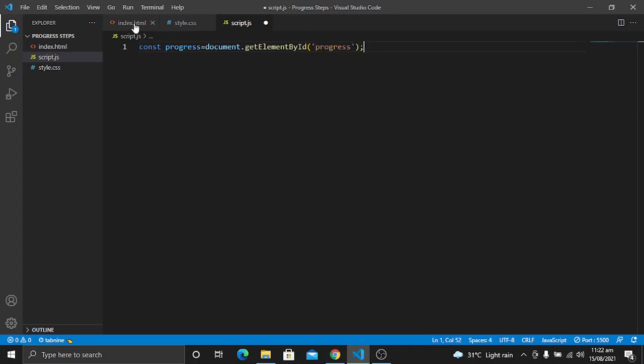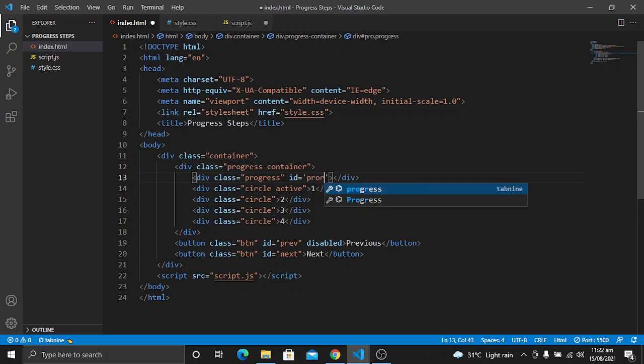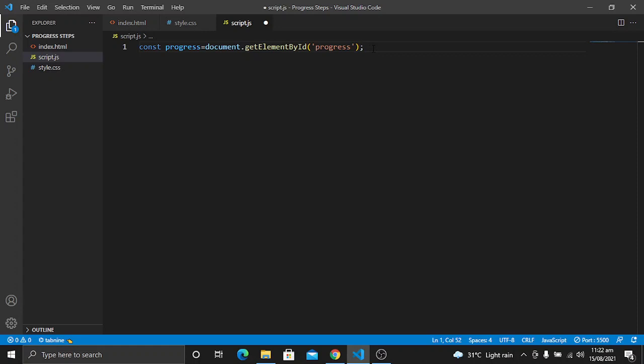So first let's check if we have given it an id or not. Also give it an id of progress. Let's save it, and now we have selected this.